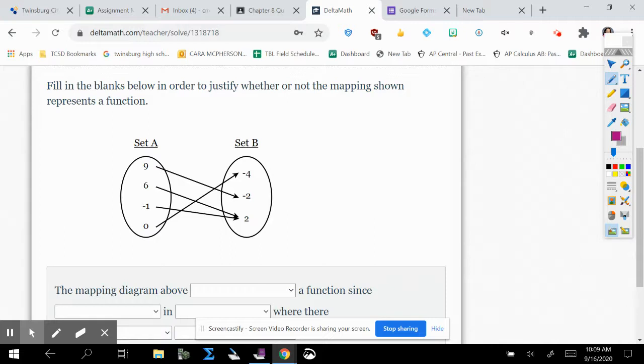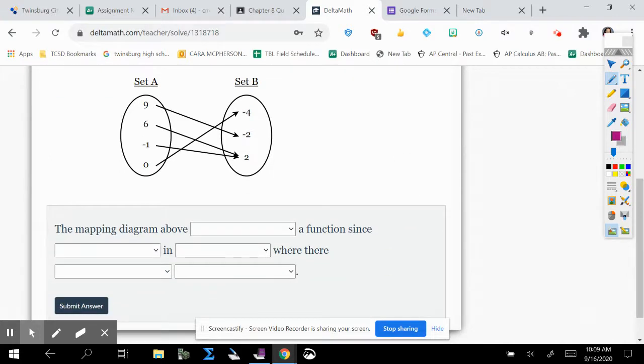So this one, if you look, all the values in your input, set A, are all different. And they all have a y value, or an output value, that they match with. So 9 only goes with -2, 6 only goes with 2, -1 only goes with 2, and 0 only goes with -4. So when I'm doing one like this, I would say that this represents a function since,